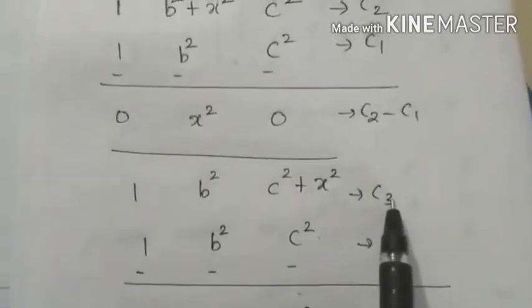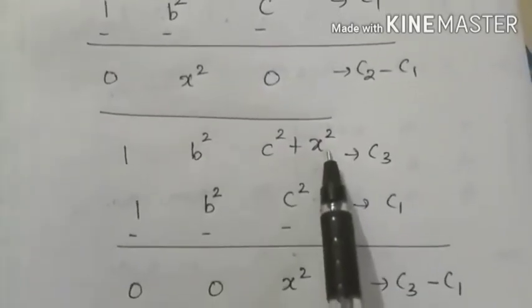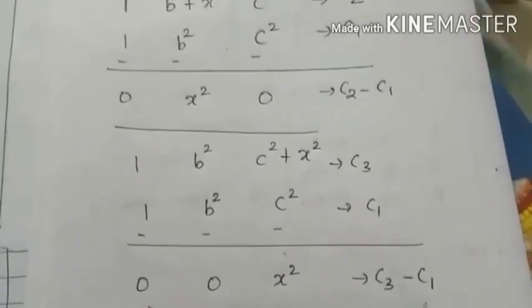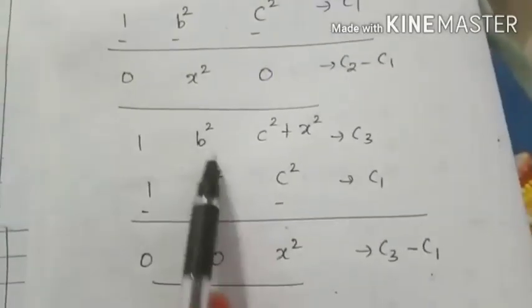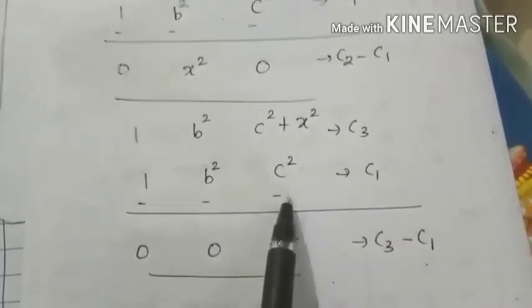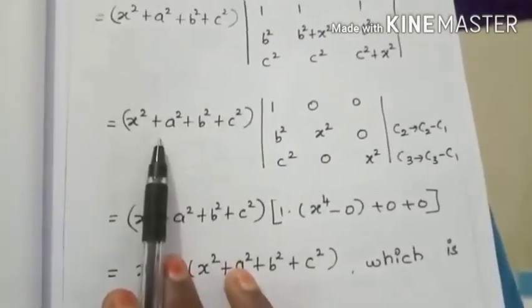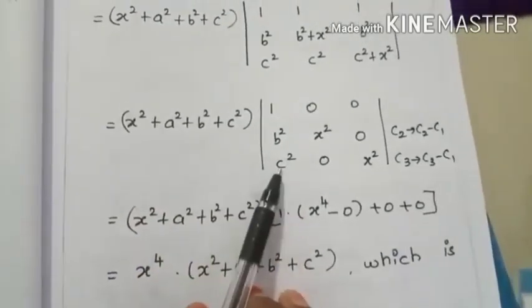Next, C3 elements are 1, b squared, c squared plus x squared. C1 elements are 1, b squared, c squared. C3 minus C1 is 1 minus 1, 0, b squared minus b squared is 0, c squared plus x squared minus c squared, c squared minus c squared cancel, the remaining element is x squared. So this is equal to x squared plus a squared plus b squared plus c squared into the determinant of